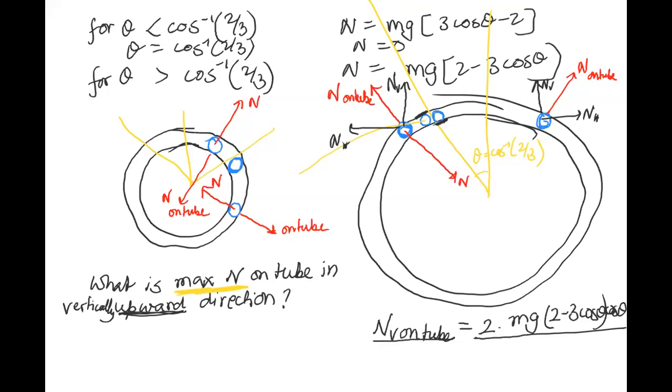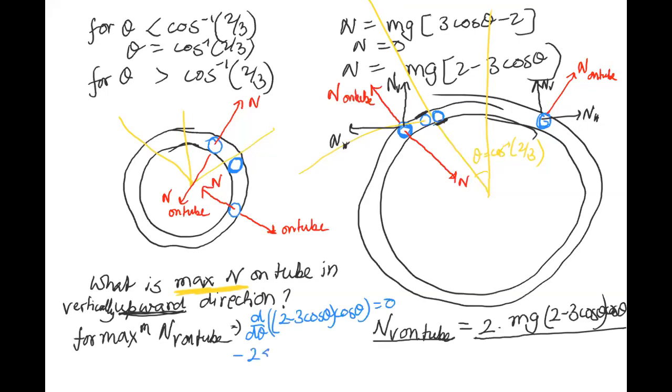Yes. For maximum NV on tube, we will do d by d theta of (2 minus 3 cos theta) into cos theta is equal to 0। हाँ शिवेन, अब सही निकाला। इसको आप डिफरेंशिएट करेंगे जब, तो you will get -2 sin theta plus 6 cos theta sin theta, this is equal to 0। Cos theta is equal to 1/3।